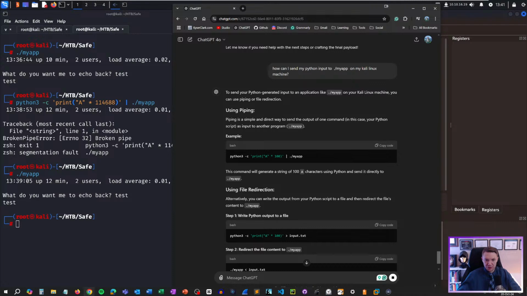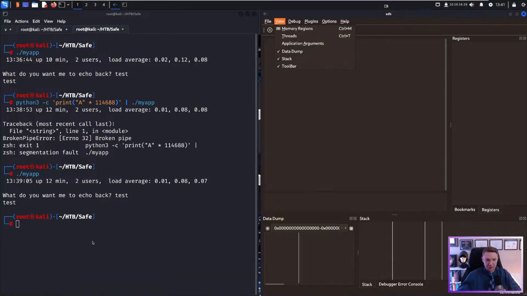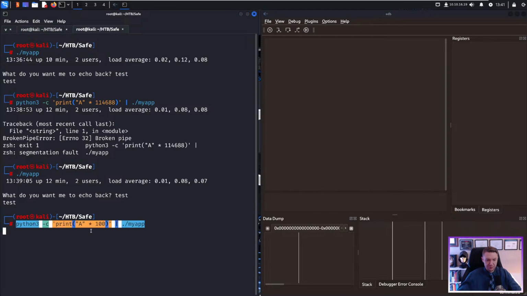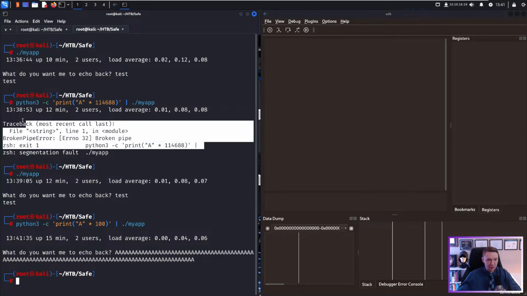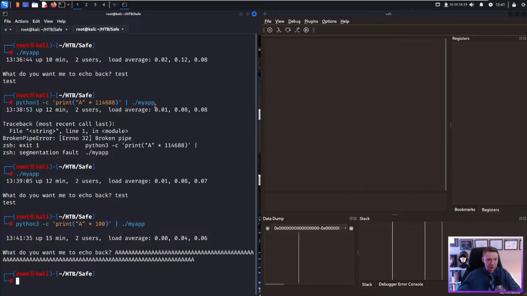This is what I did though. I did do the Python into my app, but it doesn't. Oh, I guess it did work. How did it work this time? Oh, never mind. It does work. But how can I run the debugger though? I can't start the debugger on that until